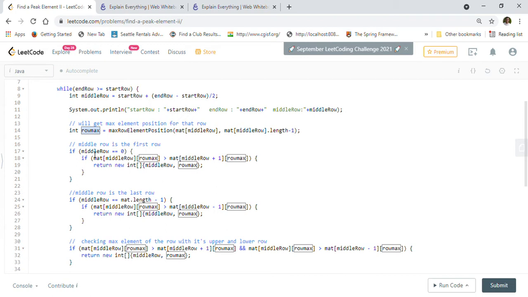If it is the first row, what we will do is compare that with the next row, because the previous row is minus 1 anyway. So for the first row we have to just compare with the next row, at the same column position basically. That's what we are doing. If it is more than that, then we are good, meaning we have already found a peak element.